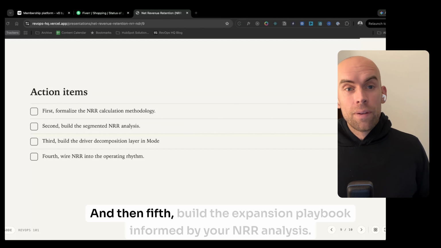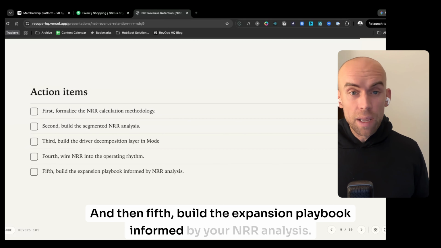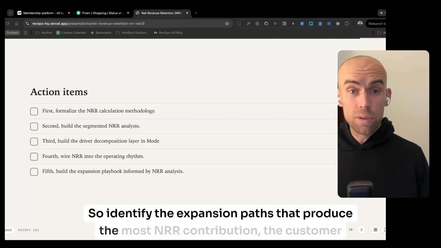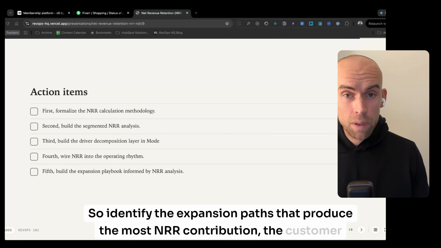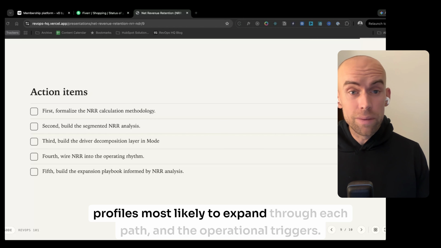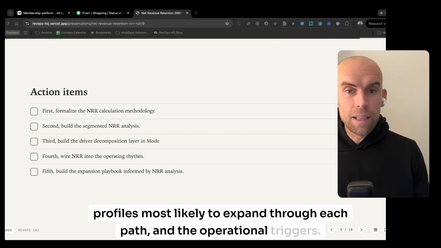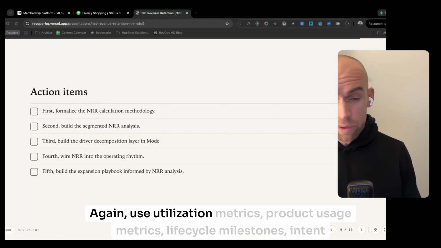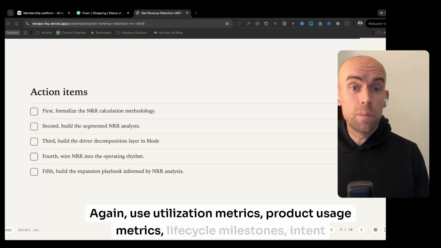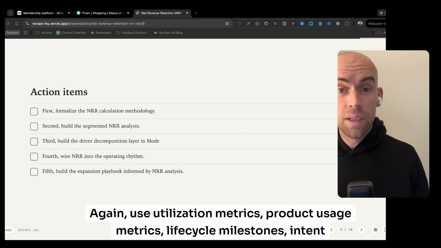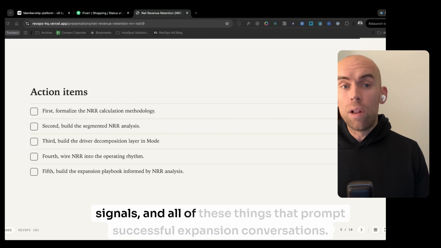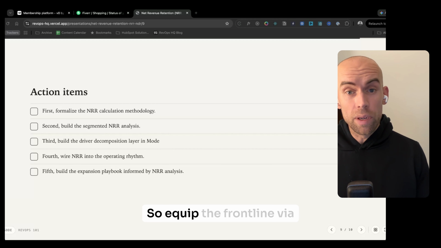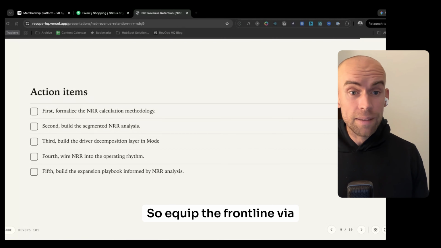And then fifth, build the expansion playbook informed by your NRR analysis. So identify the expansion paths that produce the most NRR contribution, the customer profiles most likely to expand through each path, and the operational triggers. Again, use utilization metrics, product usage metrics, lifecycle milestones, intent signals, and all of these things that prompt successful expansion conversations. So equip the front line